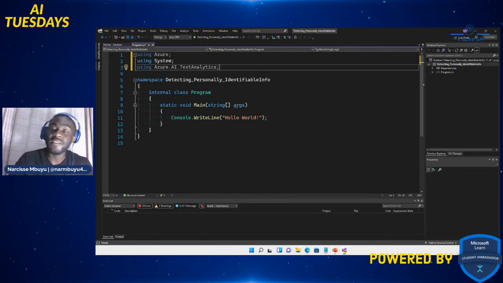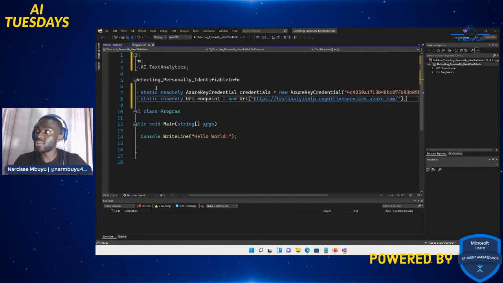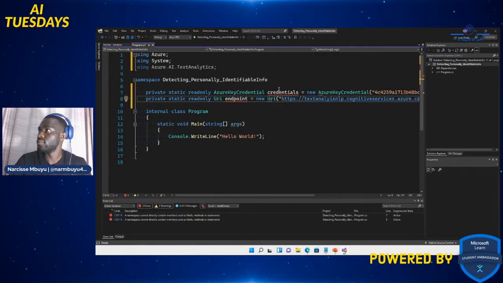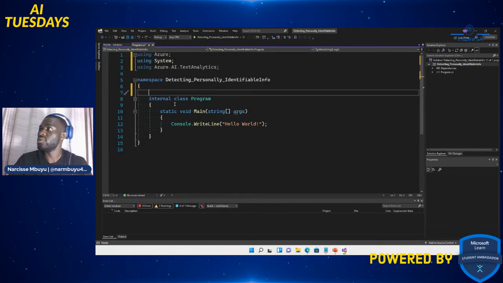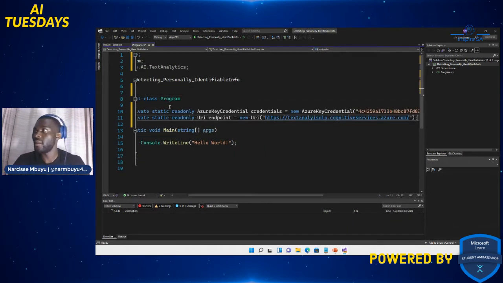So detecting personal identifiable information is basically detecting personal information in the text, right? We're going to see the results of this one, which is pretty cool again. So now the connection to Azure. I put it in the wrong place, so let's put it in the right place outside the main method.